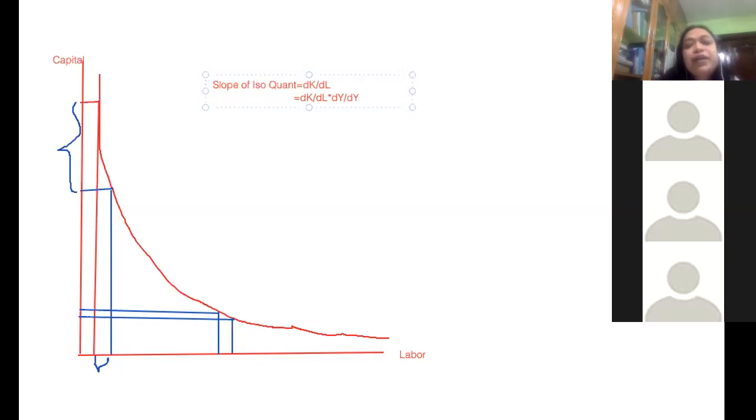All right, can we write it like this? We are multiplying and dividing by the same thing, right? Or we can say